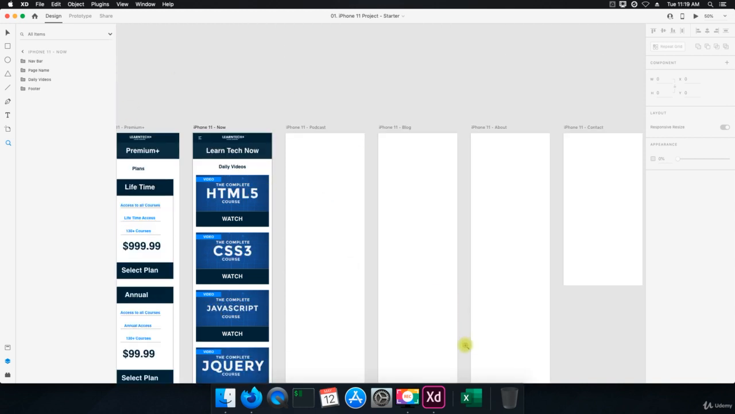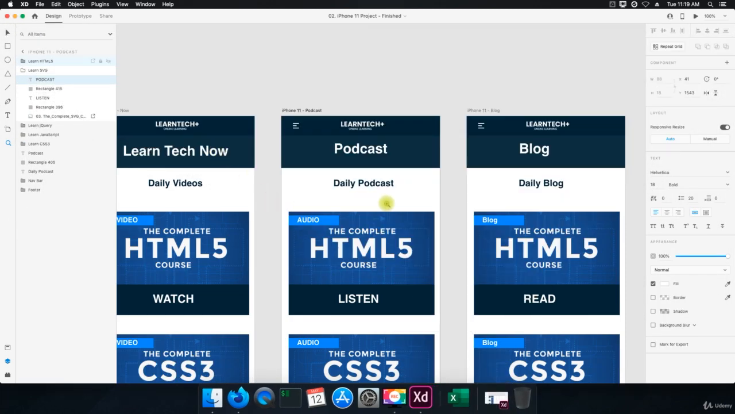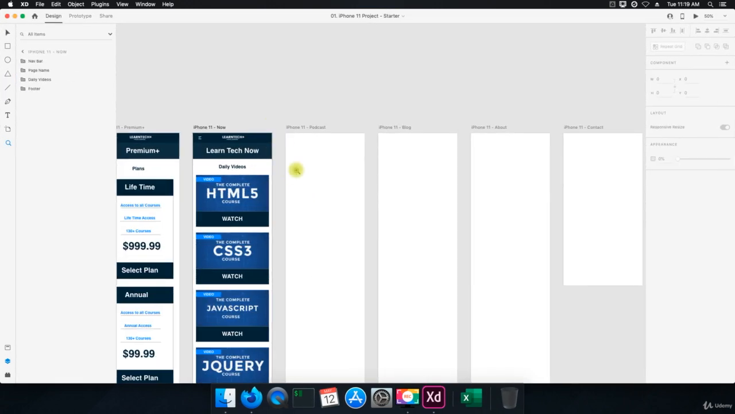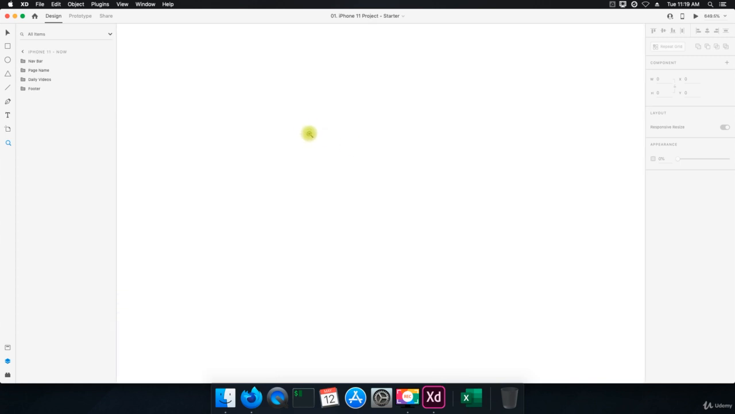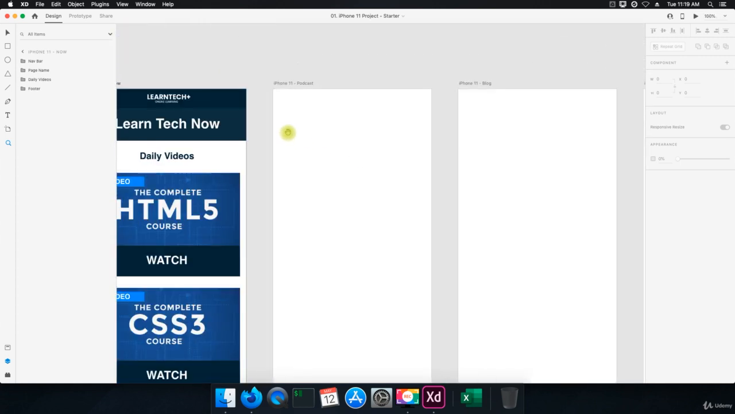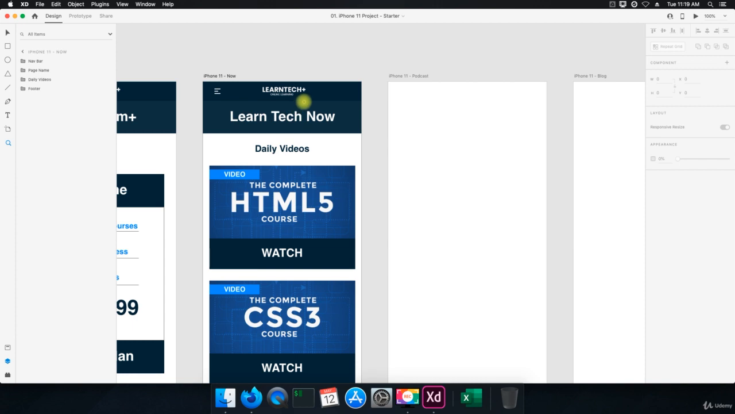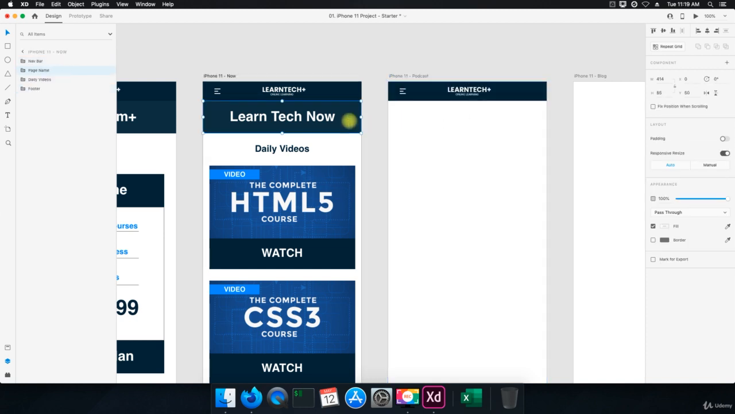So, what I'm going to do is go to the finished product, and before we copy this, let's go back to the starter page again. We're going to copy the nav bar and also the page name. So I'll copy the nav bar first. I'll right click on that and hit copy. Bring it over, we'll paste it in. And then I'll copy the page name,